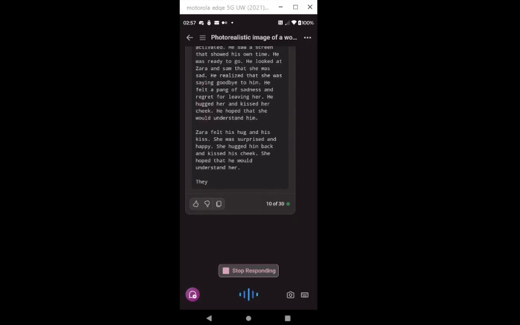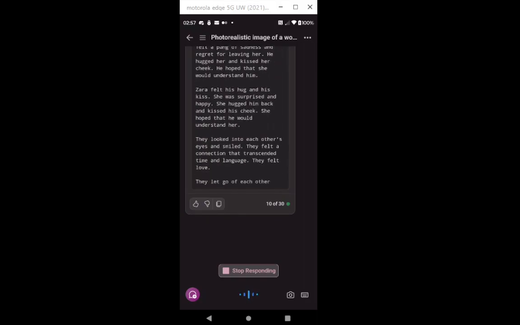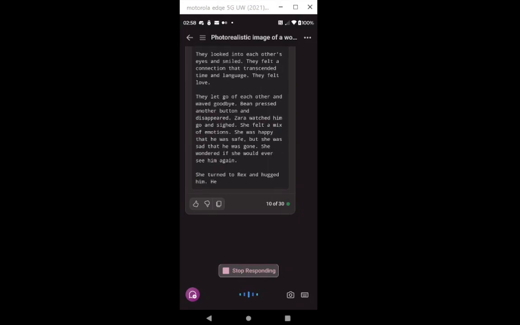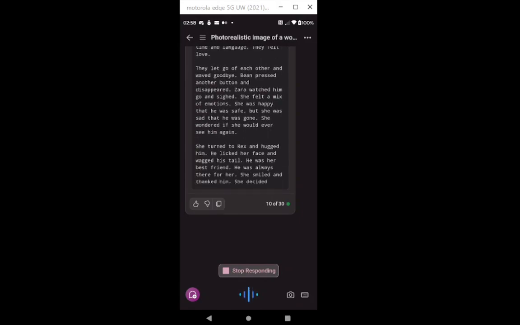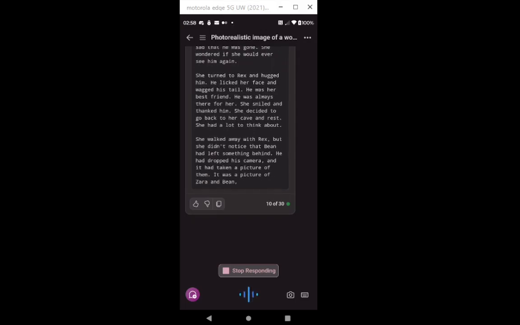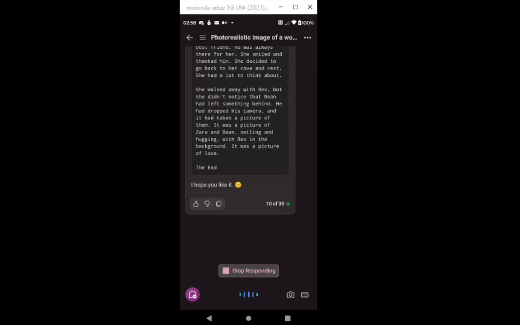Zara wanted to be friends with him, but she didn't know how to communicate with him. She tried to make noises and gestures, but he didn't understand her. He thought she was just another animal. He even tried to take a picture of her, but she ran away. She was shy and scared of him. Zara